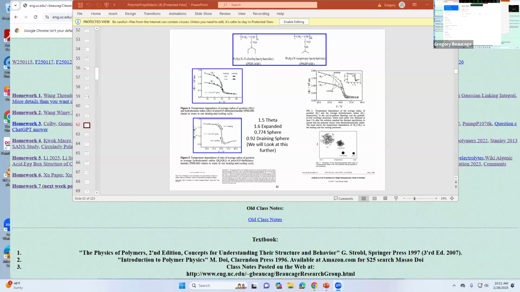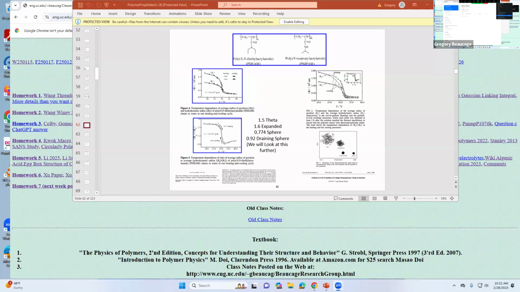The coil expansion factor, is it a constant? No, that's what you're measuring. You're measuring the size of the coil, right? So it's R, the actual size of the coil, relative to R theta. The theta is like that point where you